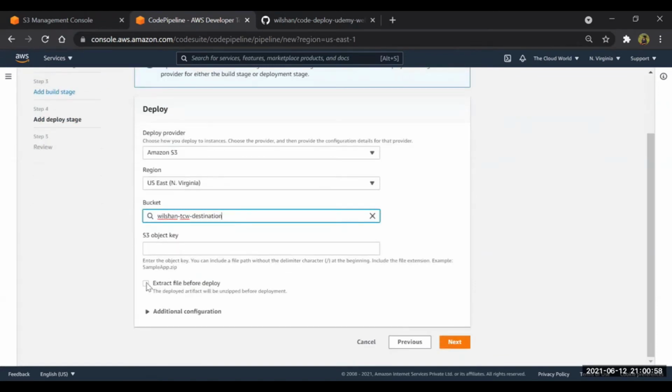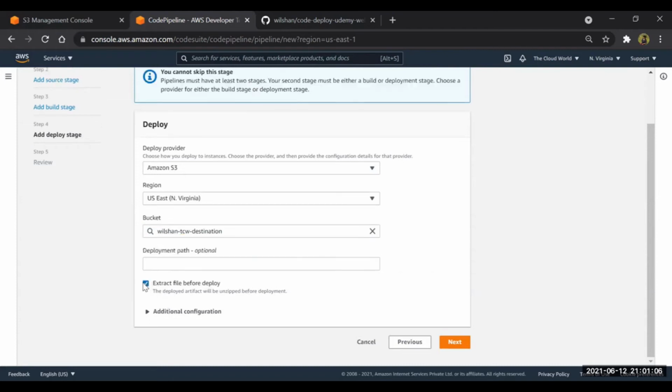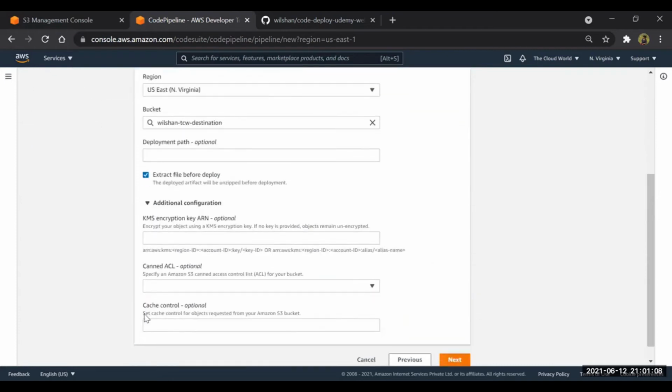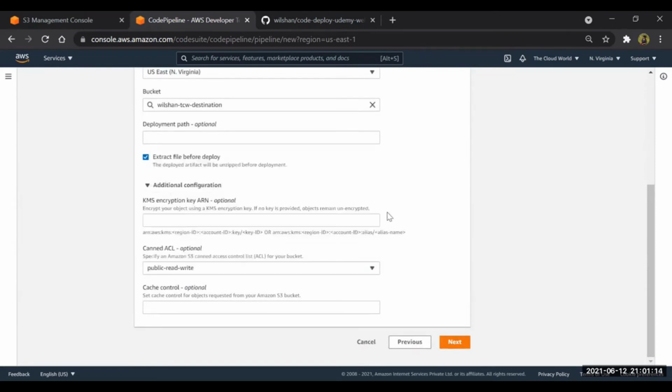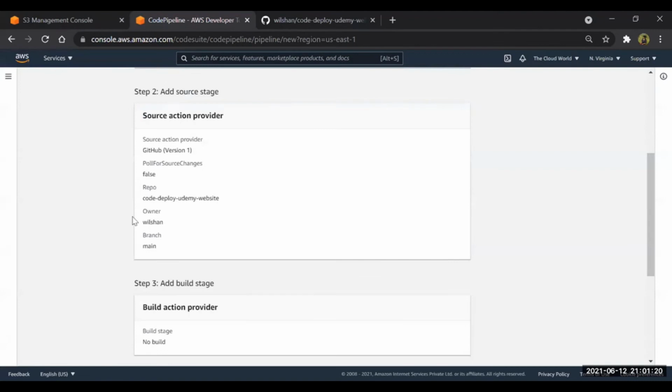Object key will keep as it is. Extract file before deploy: the deployed artifact will be unzipped before deployment. Of course, we want the things to be unzipped. Go to additional configuration. What I want is for my website to be publicly accessible, so I have just created public read and write. No issues. Click on next.